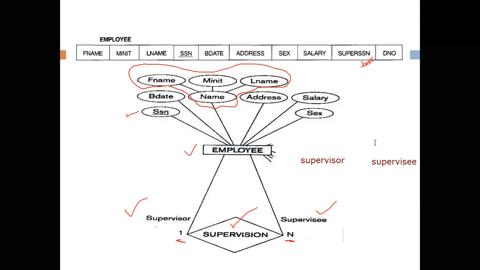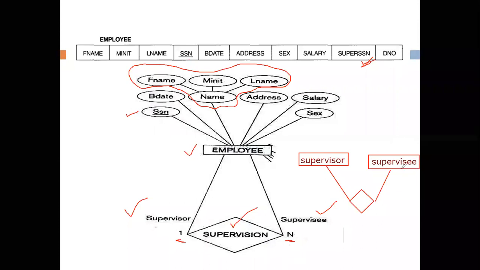Supervise. So these are the two roles. That is one role. Now if you want to establish a relationship, how would we have written it? We would have written something like this. Supervise is here like this. Now let us see how to write these numbers.